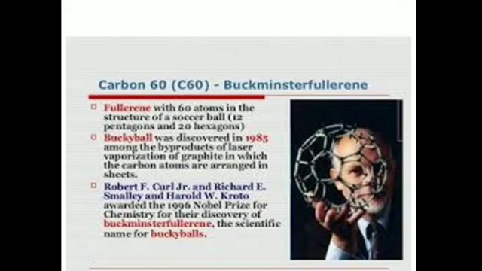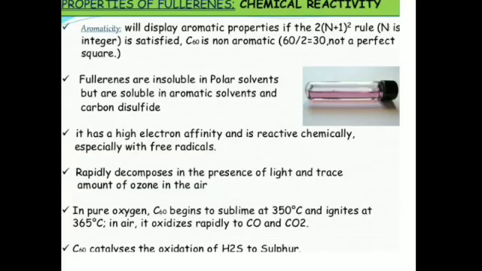What are the different properties of fullerene? Fullerenes are of different colors, and the color depends upon the number of carbon atoms present in them. Fullerenes are more reactive than diamond and graphite. Their cage-like structure breaks on heating up to 1000 degrees Celsius. As you had seen, graphite can withstand heat as high as 3700 degrees Celsius, while diamond also has a very high melting point of 3550 degrees Celsius, while the cage-like structure of fullerene can easily break on heating up to 1000 degrees Celsius.